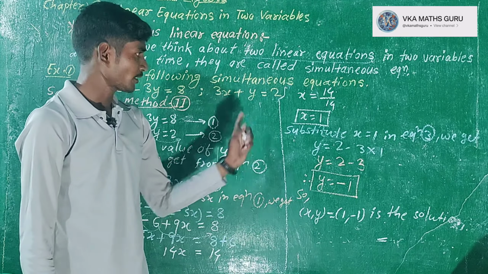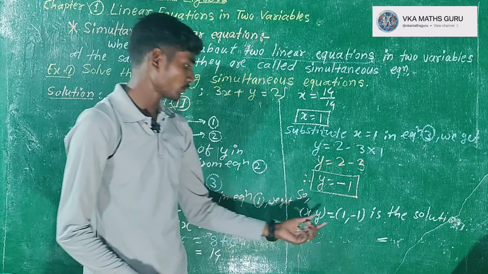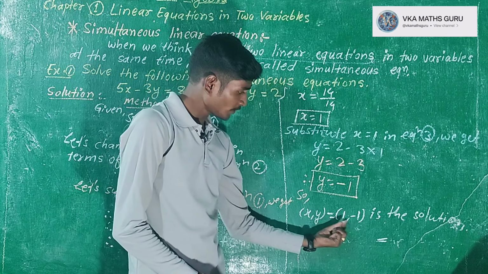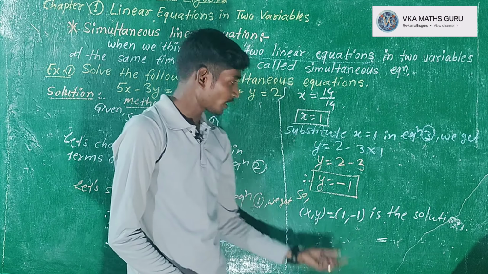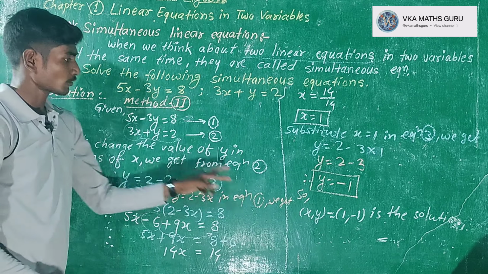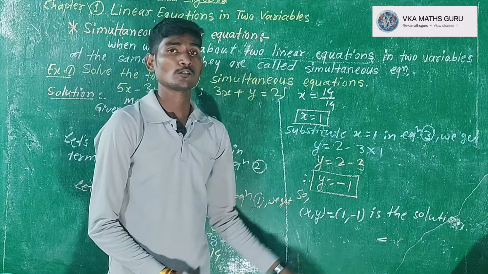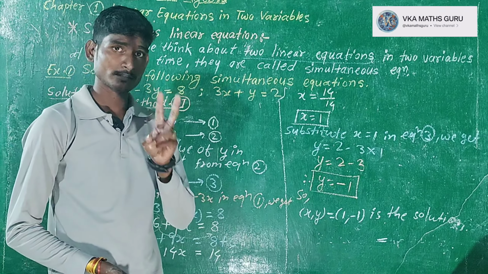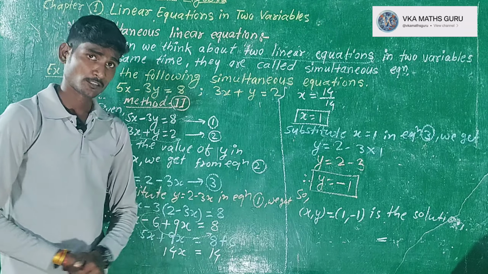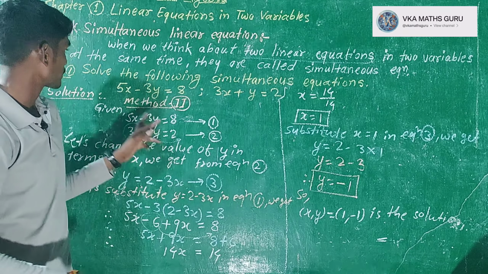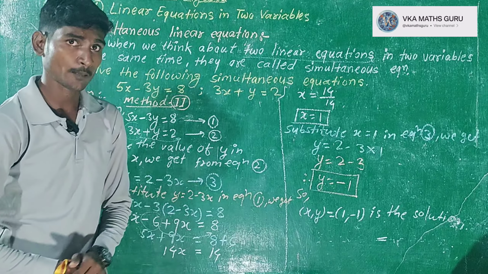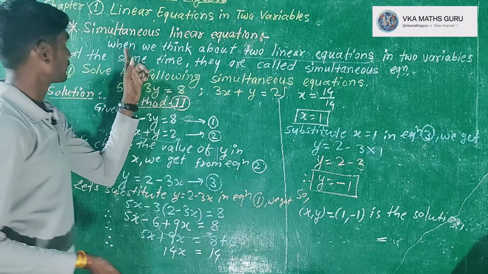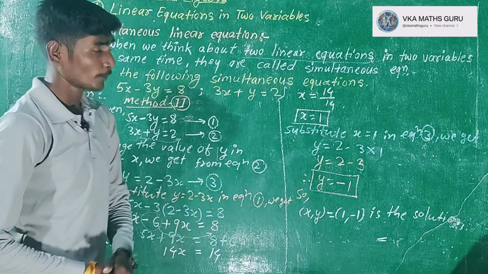Previously we discussed method number 1. In method number 1 we also got the solution, x equal to 1 and y equal to minus 1. By method number 2 also we get the same answer. So we can use two methods for solving the simultaneous equation. So this is question number 1 from the State Board Mathematics textbook, Part 1 Algebra, Problem number 1, equations in two variables.